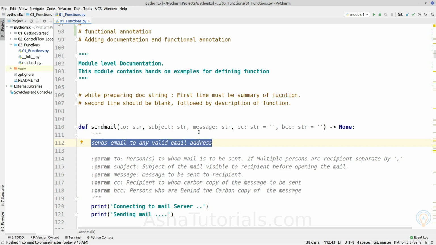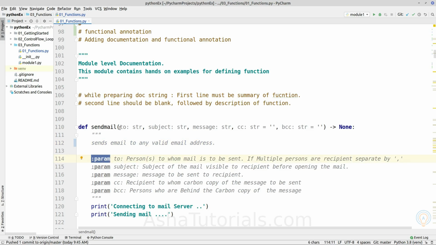So this is the documentation about what the function does. In this example, it sends the email to any valid addresses, and after that we define the documentation for each and every parameter.